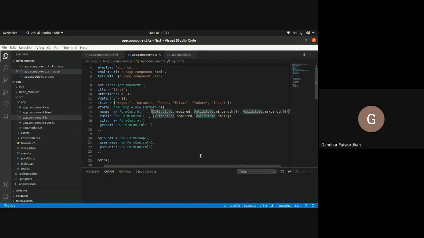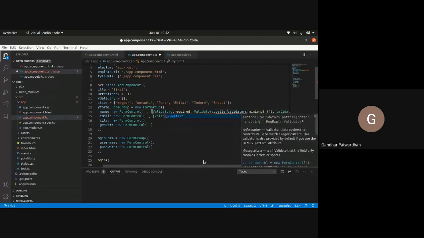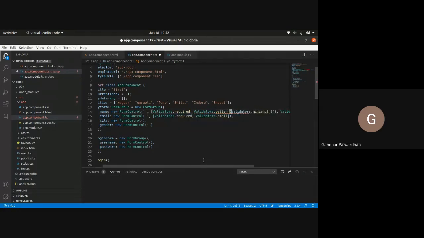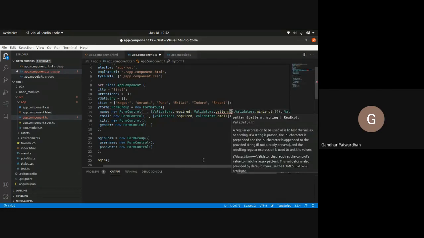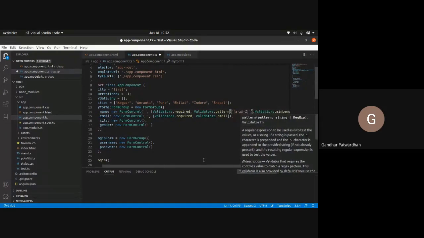You can also have a pattern set. I can say validators dot pattern, and in my pattern we can add a pattern like this. I can say capital A to capital Z, and star.